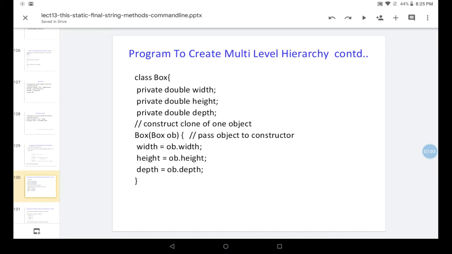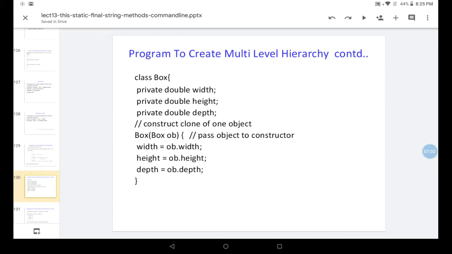Here we are creating an object by copying an object of some other object type. What is the constructor? Box, taking a Box object. We are passing an object to the constructor. The object has three properties, and we are passing all three properties to the Box constructor.